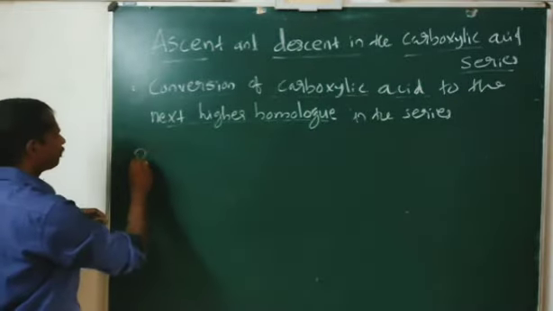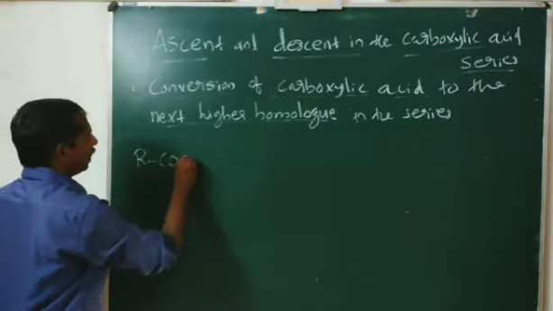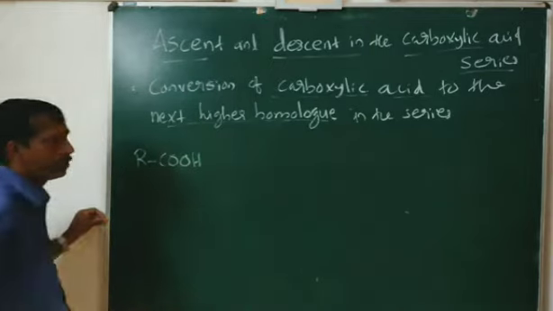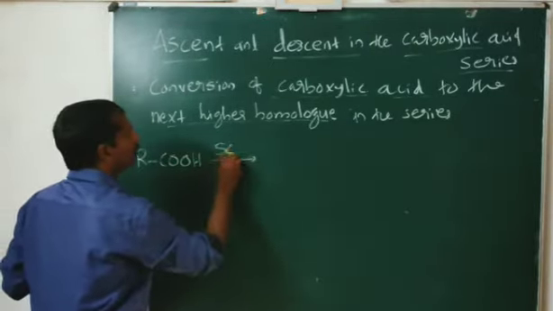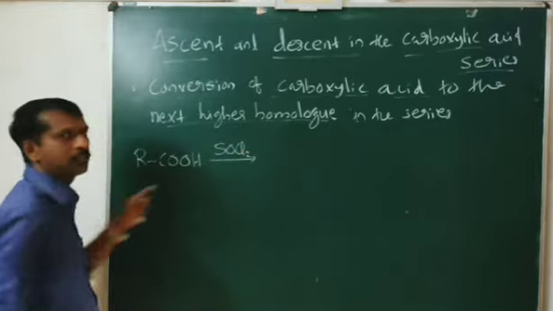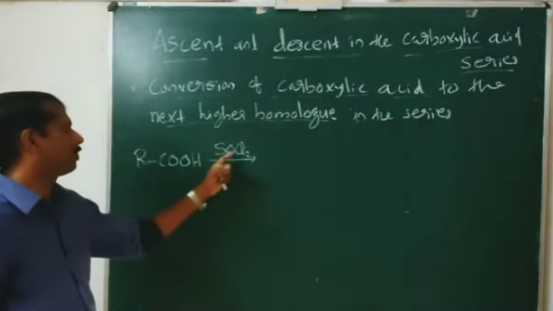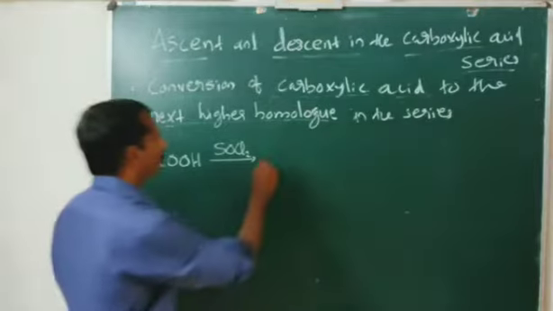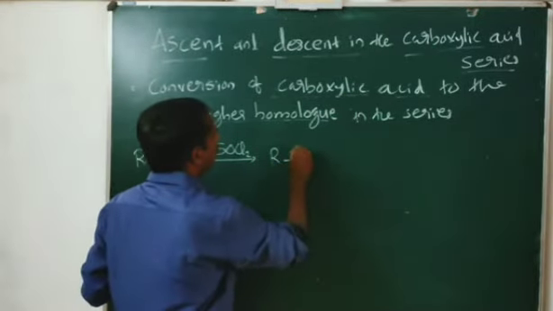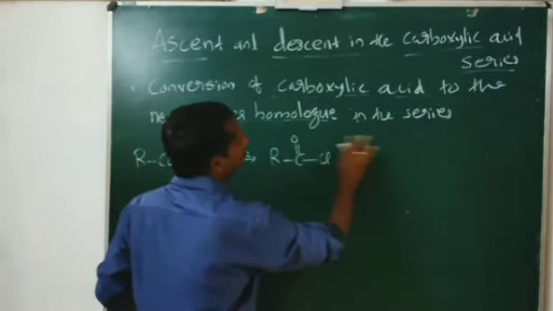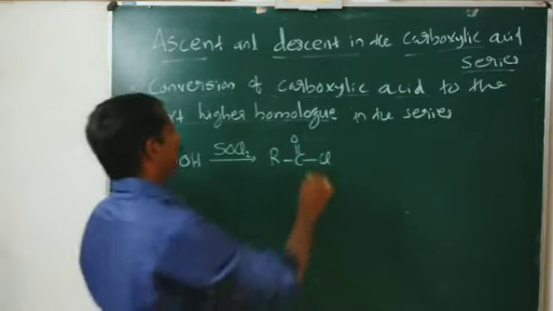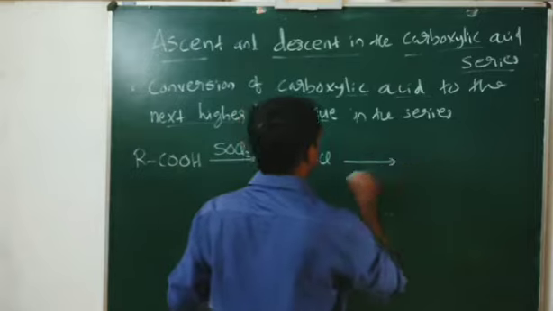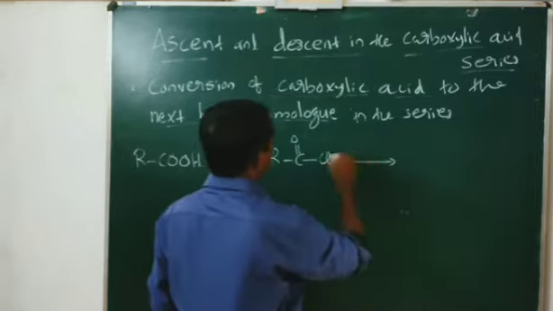Look at here. We are starting with RCOOH, and we are treating with thionyl chloride, SOCl2. First step, the acid is treated with thionyl chloride. We get acid chloride, RCOCl. Okay. Now look at here. This acid chloride is treated with